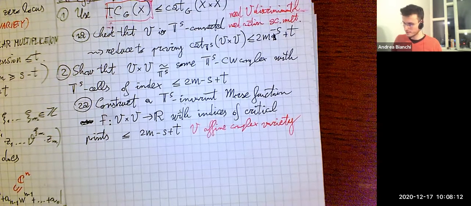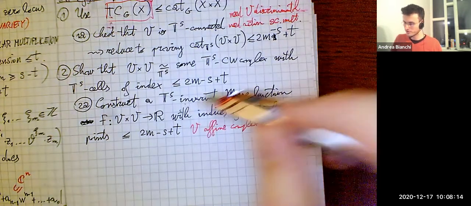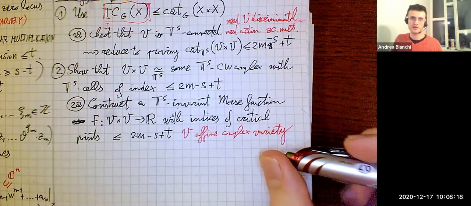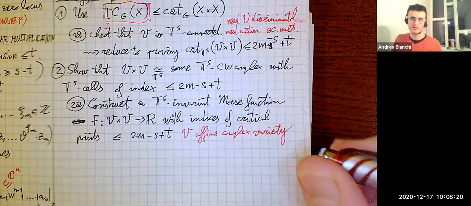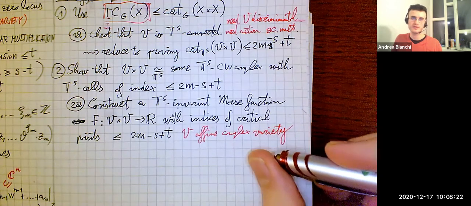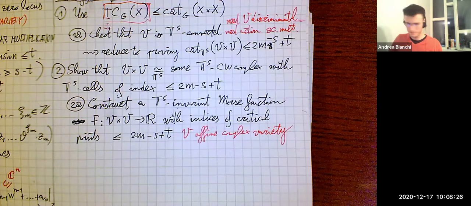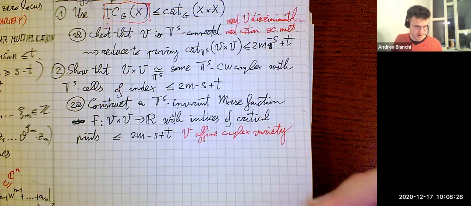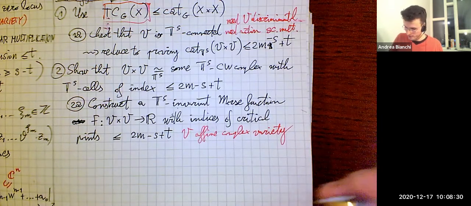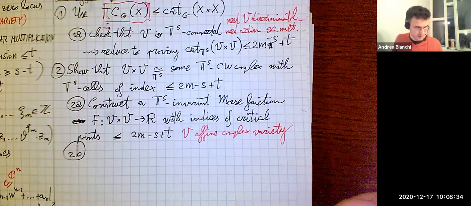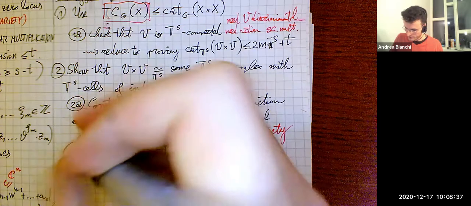And the construction of this Morse function is very similar if you know the Lefschetz hyperplane theorem. The argument is something of that kind. So here there is also a very classical approach, and the last part, which is a little technical, one has to